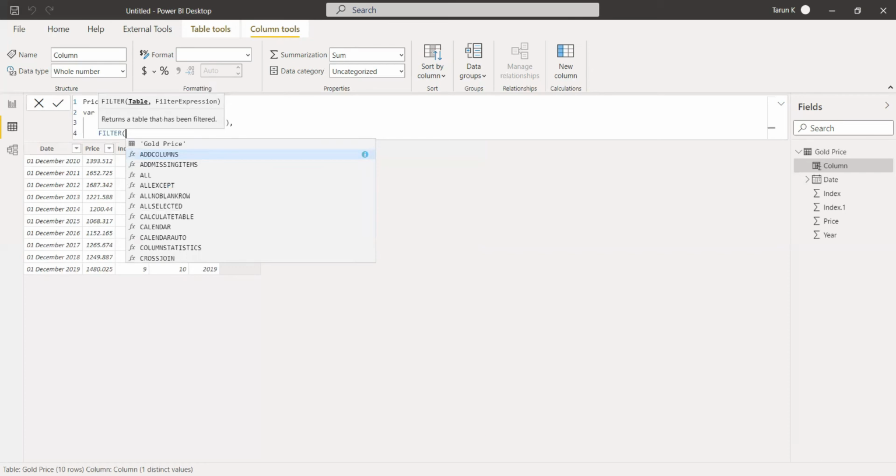Inside this filter we need to set which is the row with respect to the index.